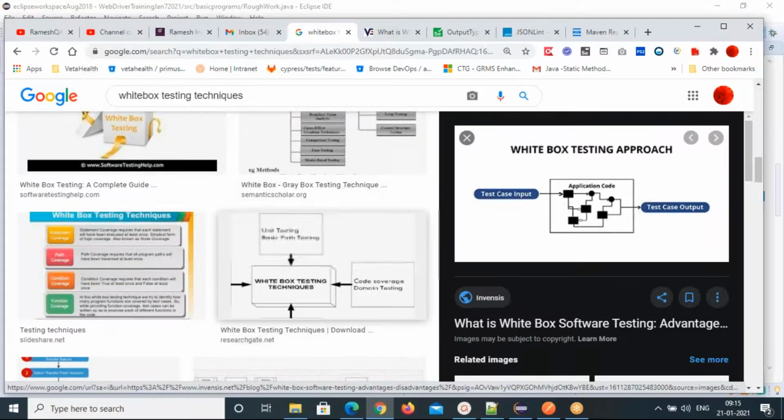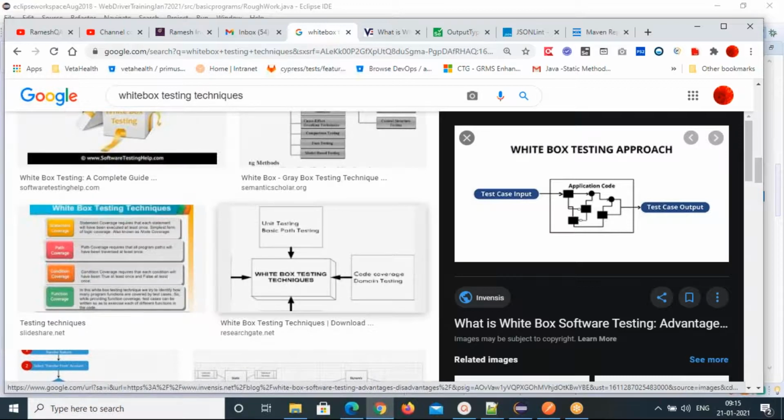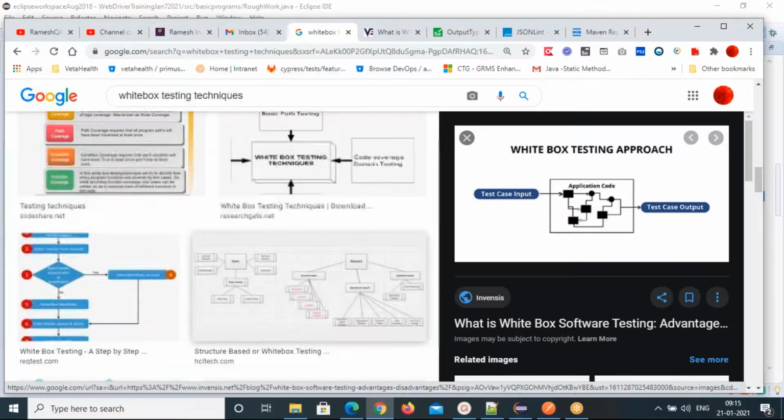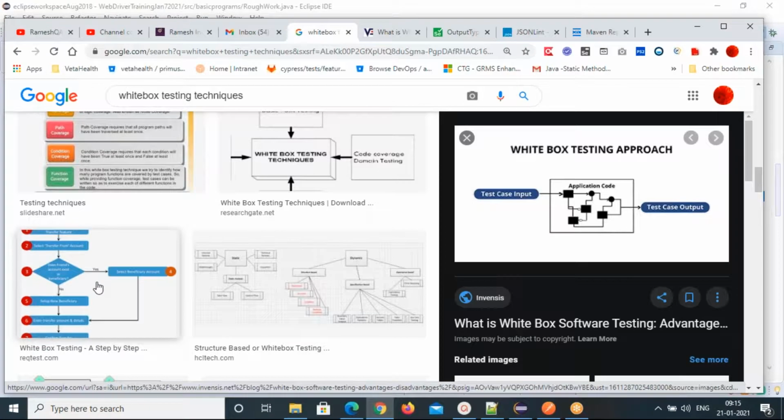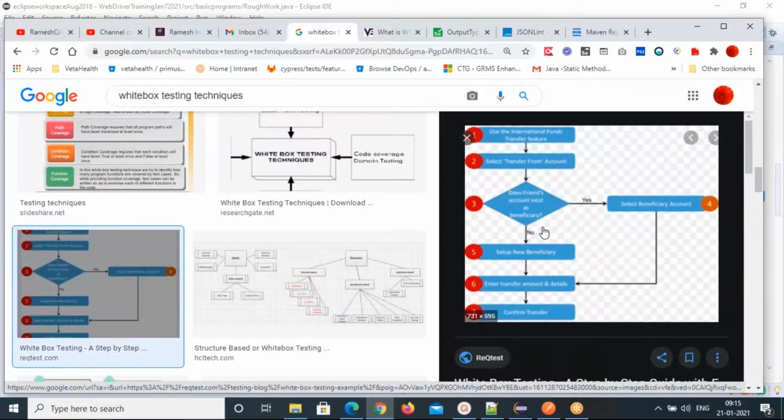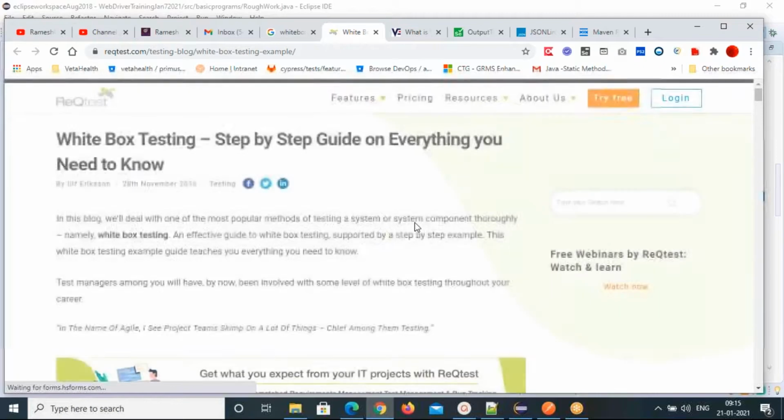So let's see here anything we have. I'm just checking. This is the one. Yeah, exactly. This is the one I'm looking for. So the decisions will be there. So you can understand in a better way with this diagram.